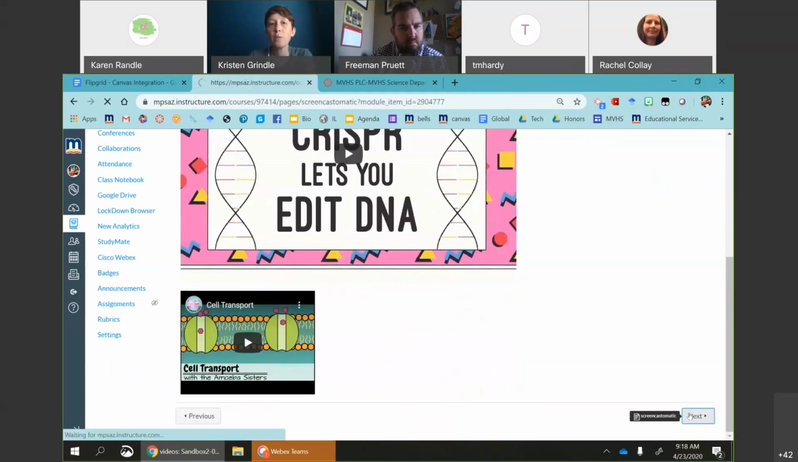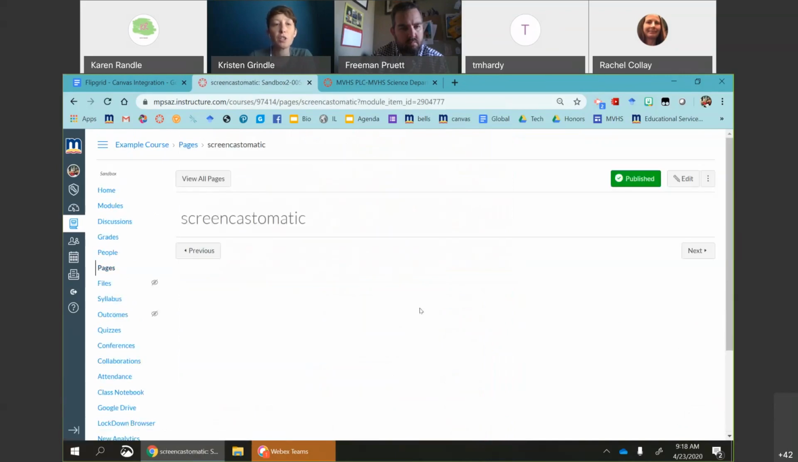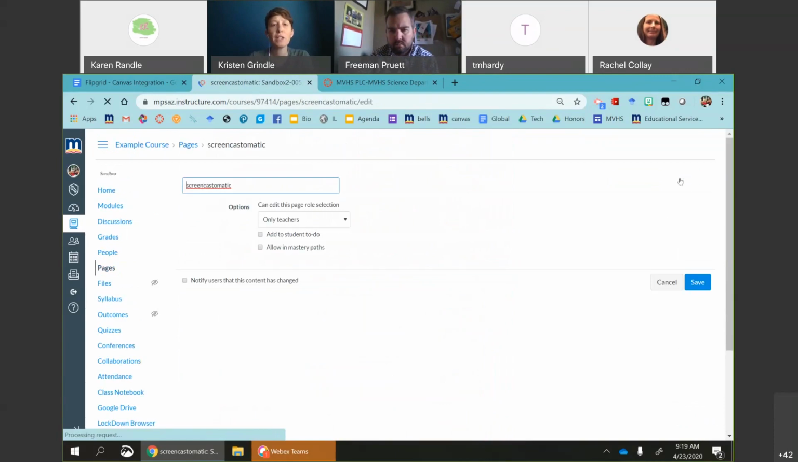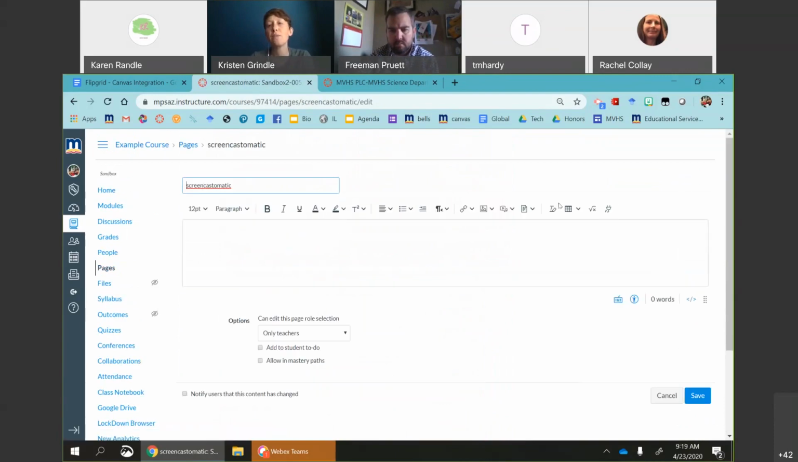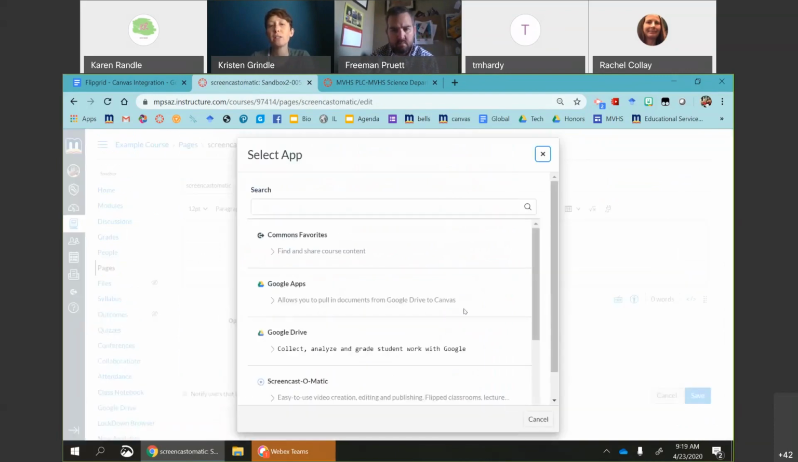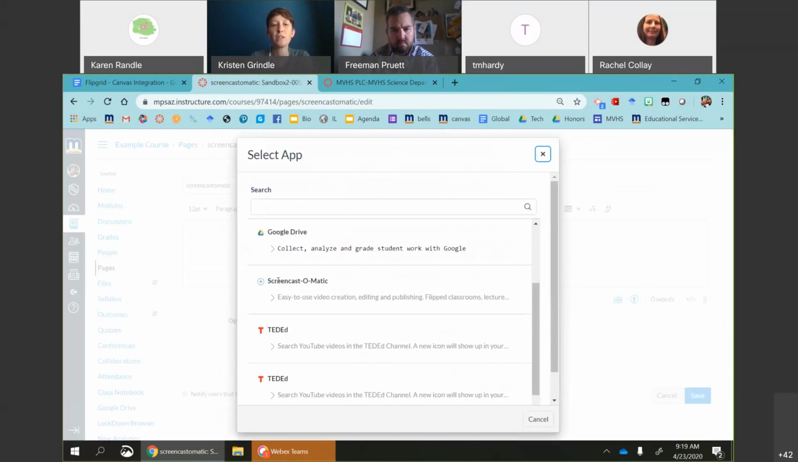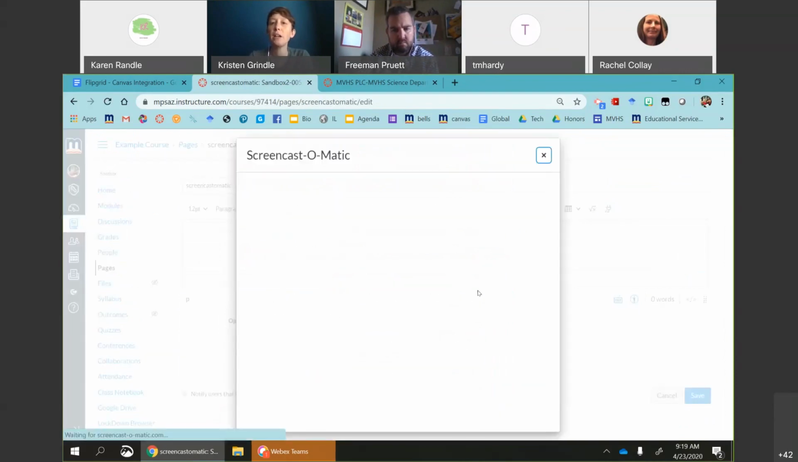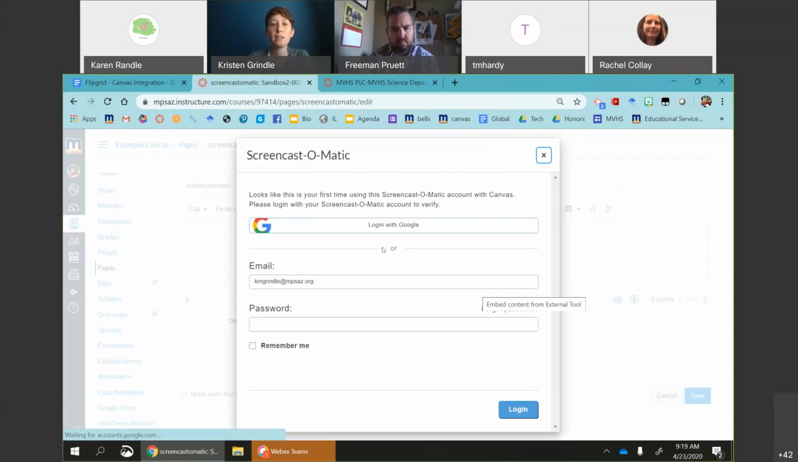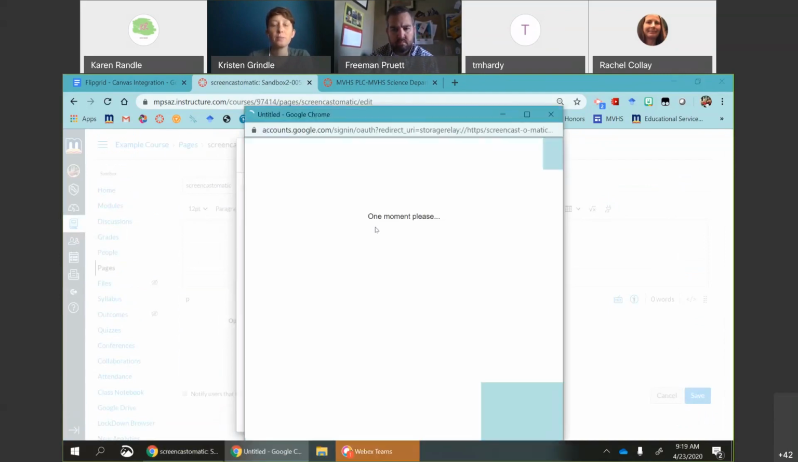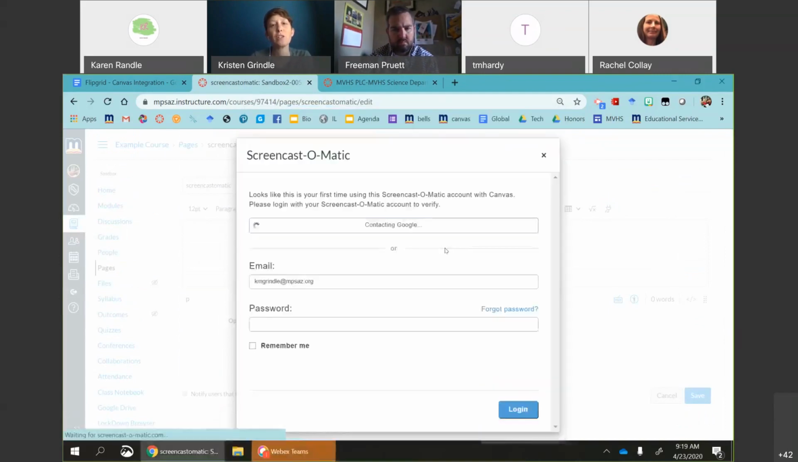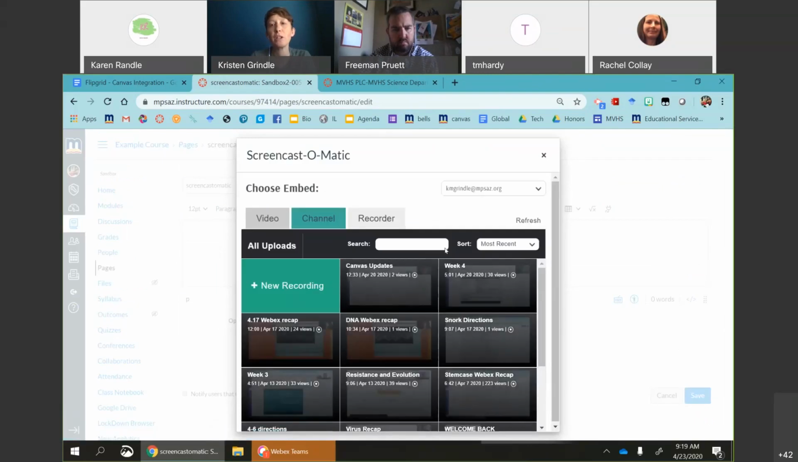So the next thing I wanted to show you, if there's no questions for that, is Screencast-O-Matic. Screencast-O-Matic is an app that you will have to actually install. It's on here because I've already installed it, but I'll show you how to install it in a second. You do have to make a Screencast-O-Matic account for this to work, but this is a way for you to